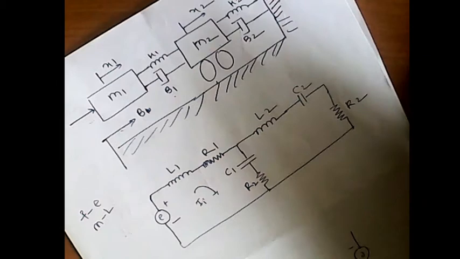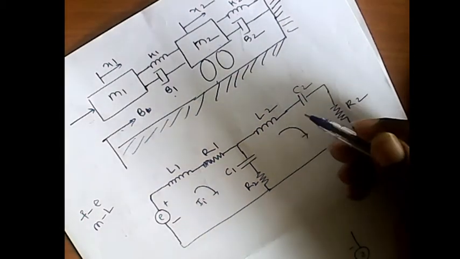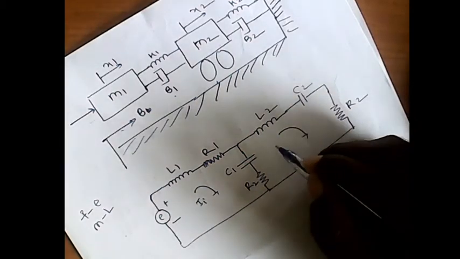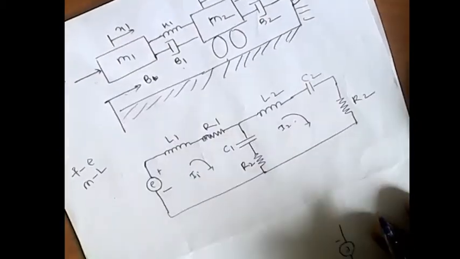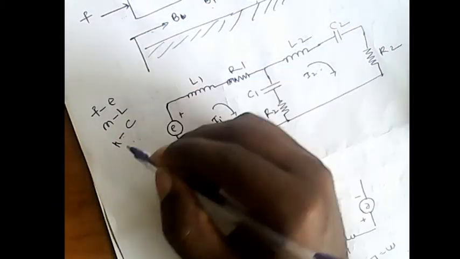So very simple, we can convert a mechanical system into an electrical system like this. So this is a very simple configuration. So we can write down where K is mapped into capacitor, then B is mapped into R, and displacement is mapped into current. So this is a very simple electrical network which is mapped into this.